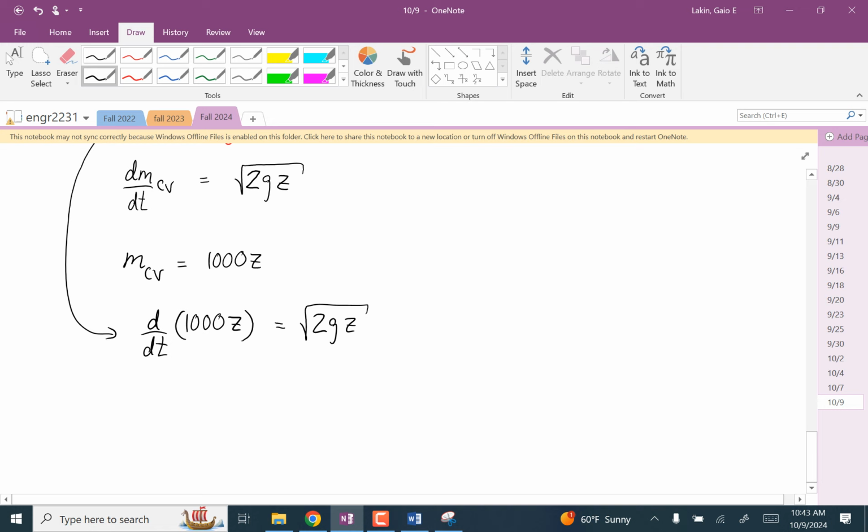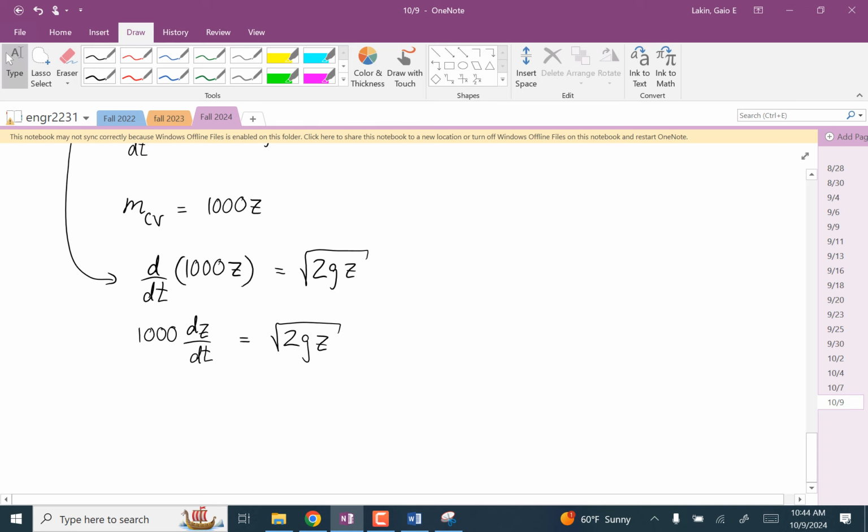So that says the time derivative of this is 1,000 dz/dt. You with me on that derivative? And that's equal to the square root of 2gz. And so now finally we can say,